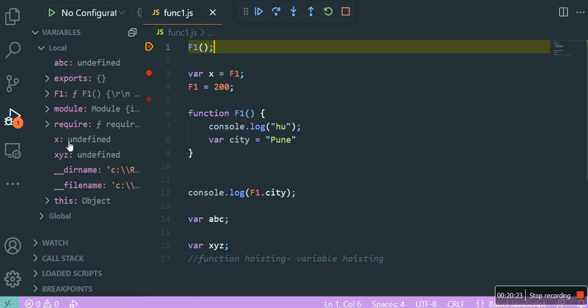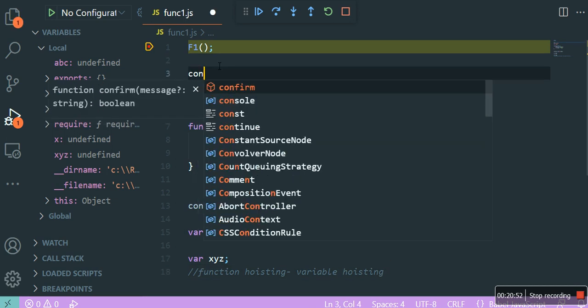All the variables which you define using the var keyword are created in the memory before you even start the execution. Just like global functions, these are global variables, correct? So these are already defined in the memory before program execution starts, and you will not get a reference error.